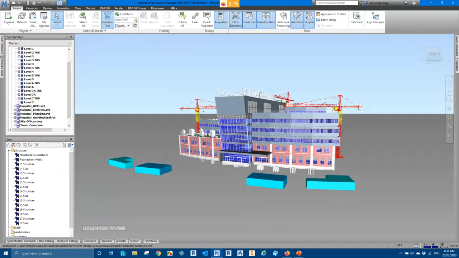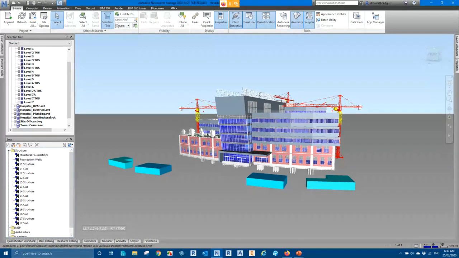And the main reason is because when I manually select elements and save them as selection sets, they are static. Now, what I mean by static is, if tomorrow the model is modified and there are more columns added on level 1, when you refresh your model, the selection set will not include the new level 1 columns because they are static sets. Whereas when you use search sets,